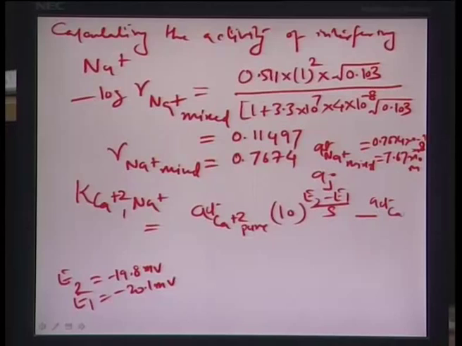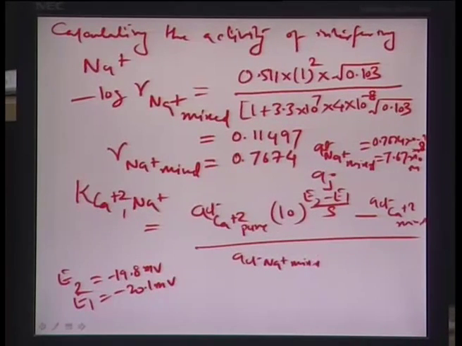modified activity of Ca+2, that means this is the mixed phase activity, divided by Aj, to the power n by z, and Aj here is the activity of the Na+ mixed phase, to the power of n by z. N is plus 2, mind you, because this is the valency of Ca, the primary ion of interest, and Z, the valency of the secondary or interfering ion, is 1, as in the case of Na+. So, if you put back all the values here, it comes out to be equal to 7.93